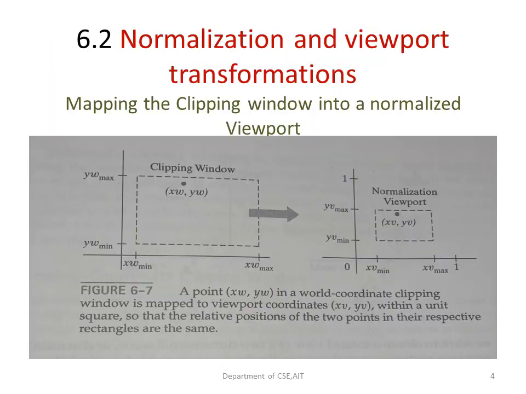Look at this picture. We have a clipping window. In the clipping window, I have a point here, that is xw and yw. This point should be mapped onto xv and yv. We are given all four parameters, that is the minimum and maximum with respect to y and x, for the clipping window and also for the viewport. I also have the values for xw and yw. Now I want to see what happens to this point when it is mapped onto xv and yv.